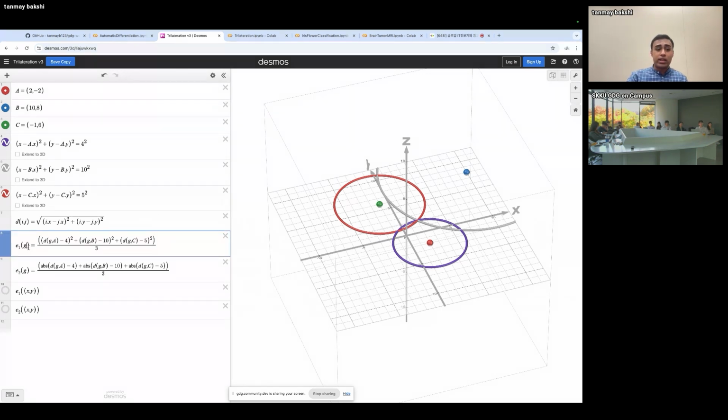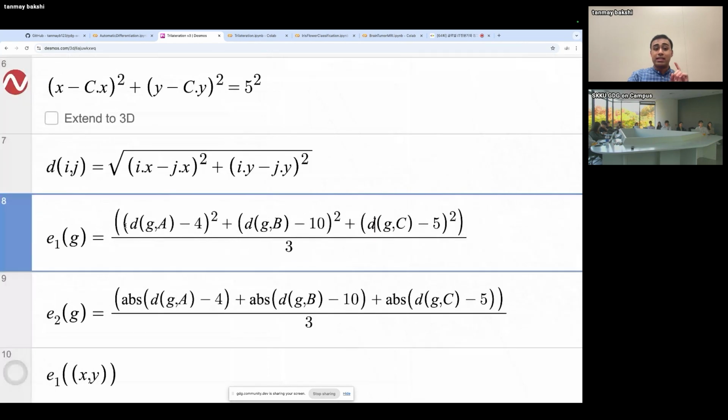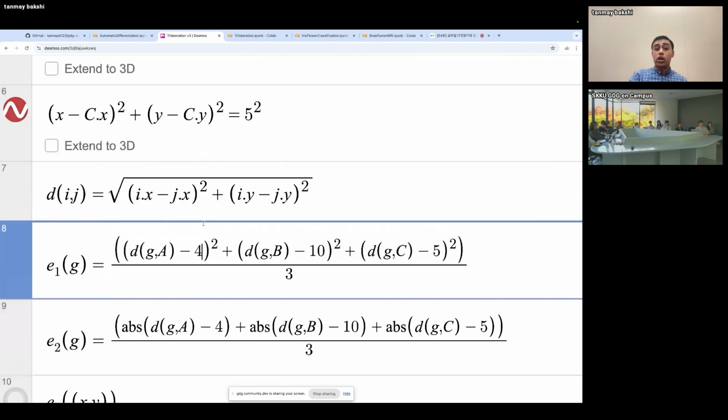But effectively what this function, E1, is doing is it takes a point G. So it takes some x, y coordinates, and we're calling it point G. And we compute the distance between that guess, G, and the 3 different reference points, A, B, and C. So you can see over here, we compute the distance between G and A, the distance between G and B, and the distance between G and C. Given those distances, we compare them by subtracting out the known distance, because once again, we know we're 4 units away from A, 10 units away from B, and 5 from C. So the distance to A minus 4, distance to B minus 10, distance to C minus 5, and then all those distances are then squared